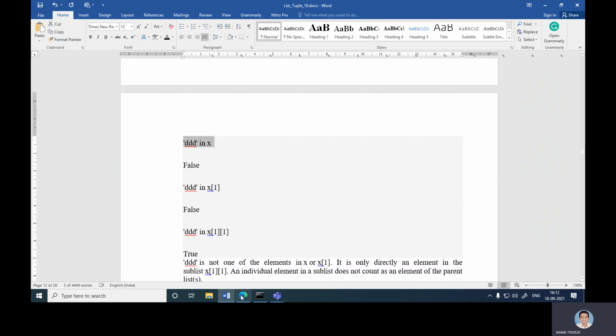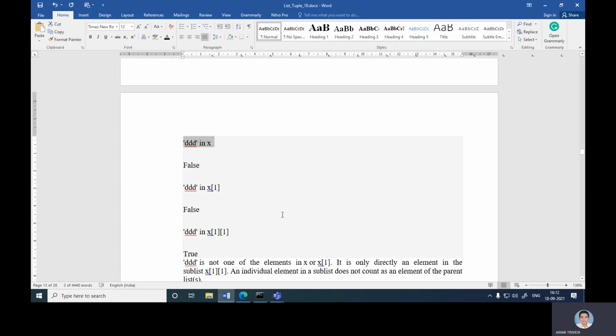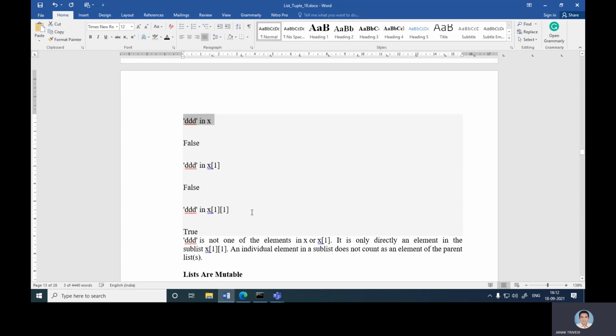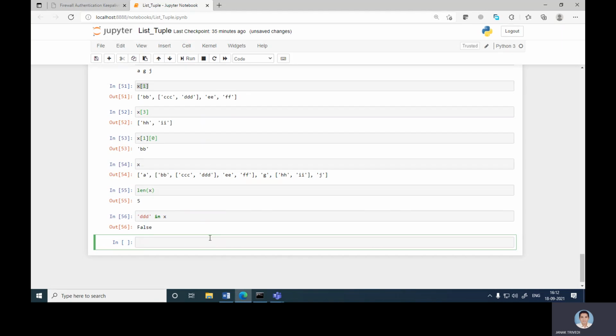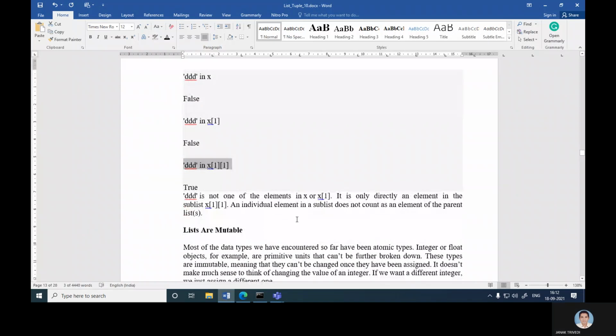DDD in x[1], yes, that is True. It's not part of x, but it's part of x[1]. So this is not one of the elements in x. It is only directly an element in the sublist x[1]. An individual element in the sublist does not count as an element of the parent list.